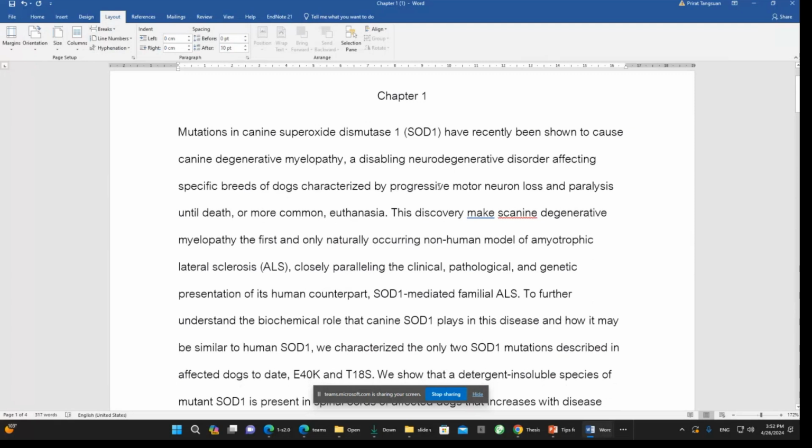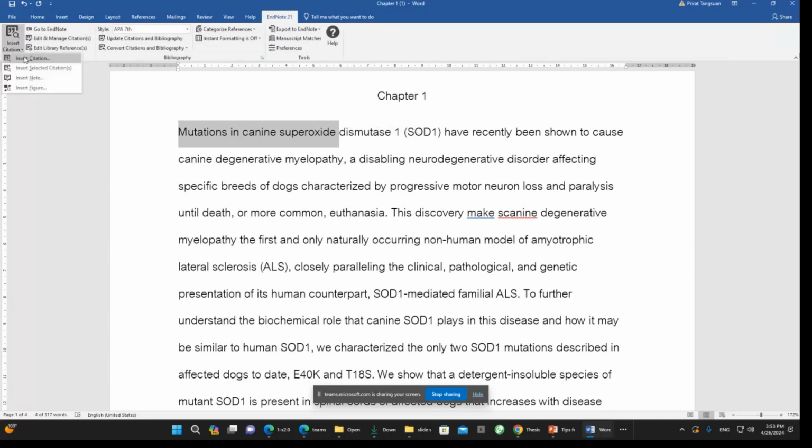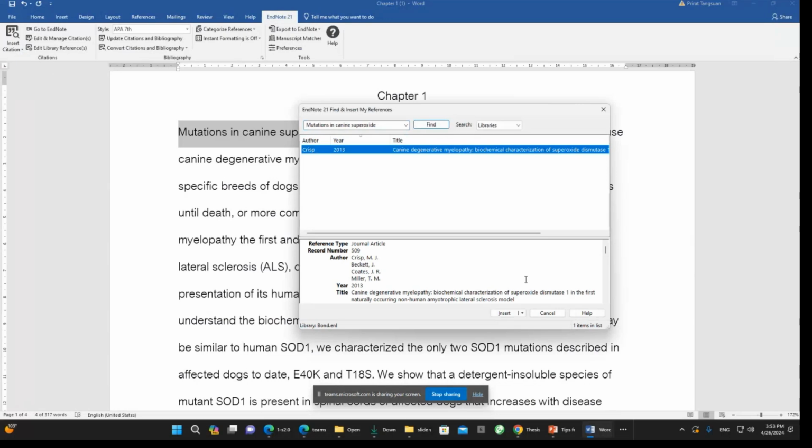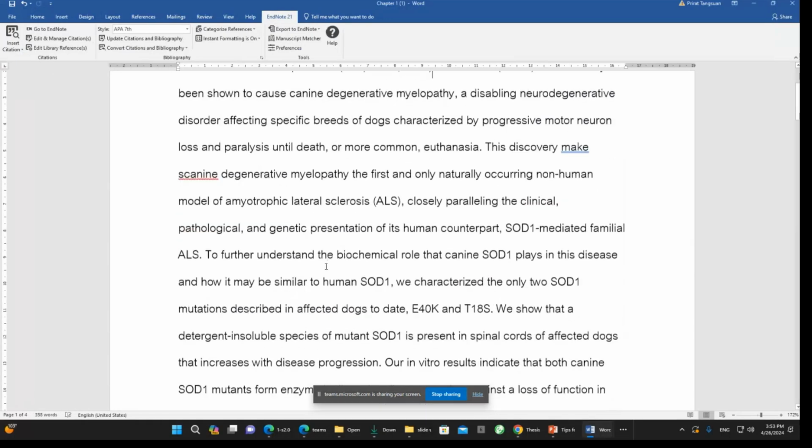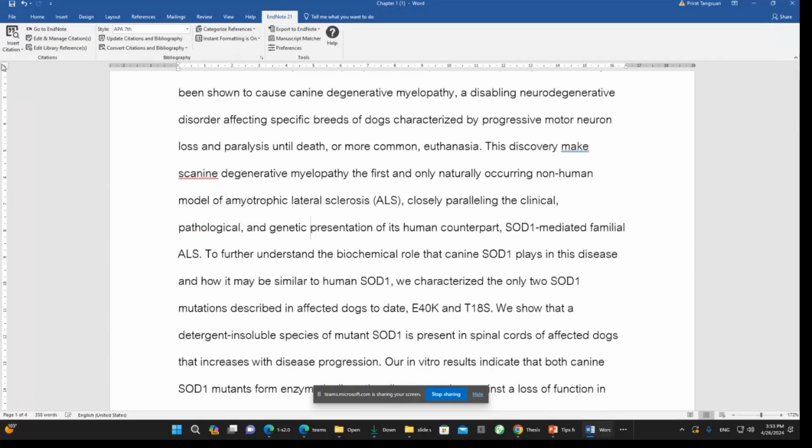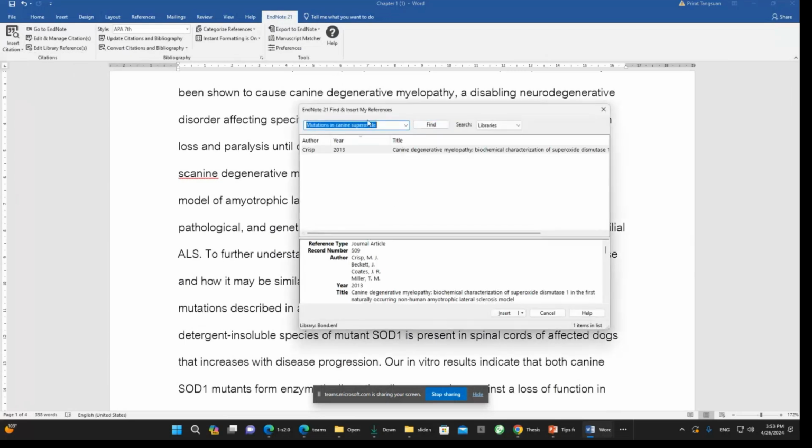The first one, I start searching this one again. Do the same as we did. Start searching and insert. And do it again. Start searching again. Type